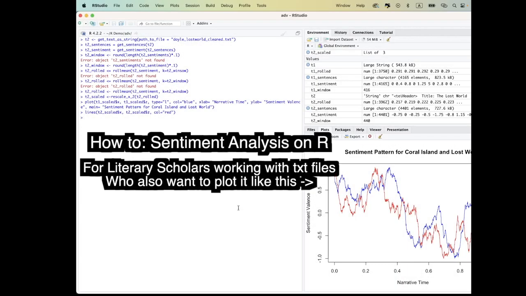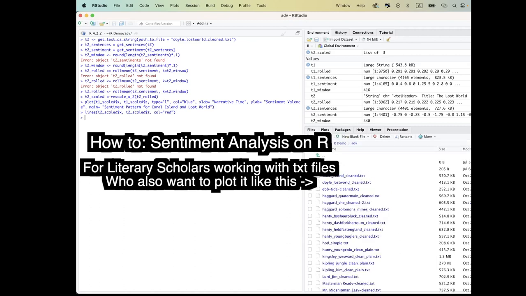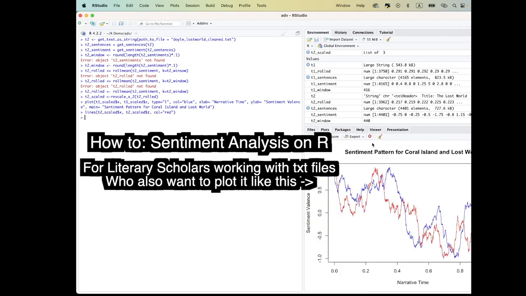Hi there. This video is going to explain how to use sentiment analysis in R using its package Syuzhet, and I'll be using a TXT file, meaning it's for those literary scholars who want to conduct sentiment analysis on individual or multiple TXT files. And if you want to do something like this with all the color codes and specific titles,